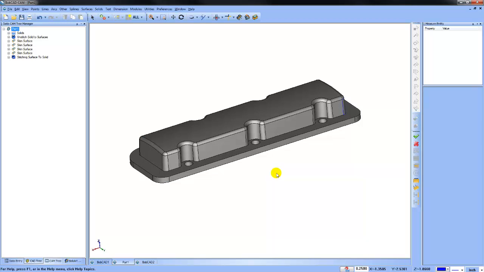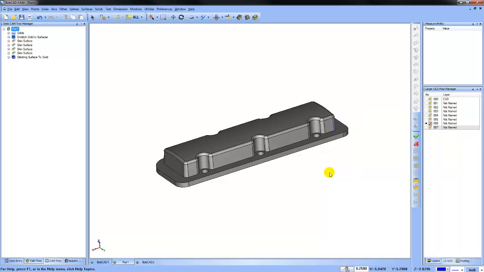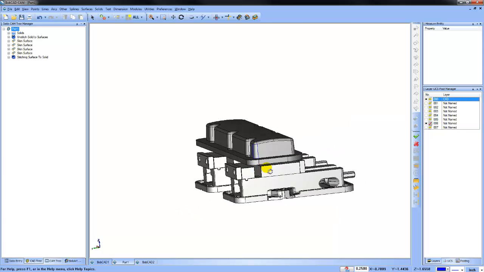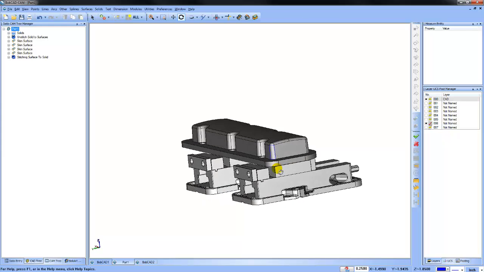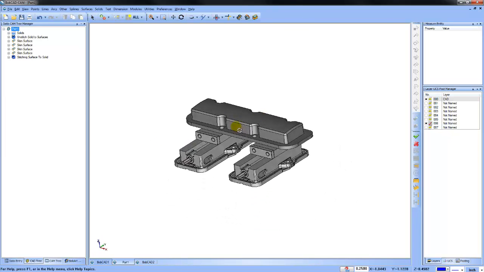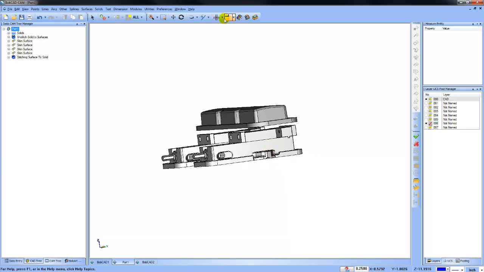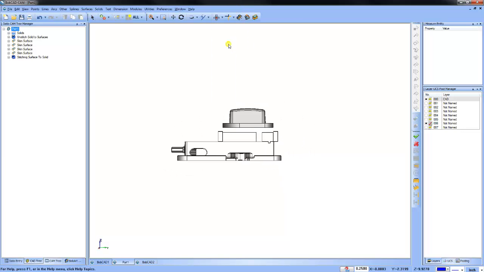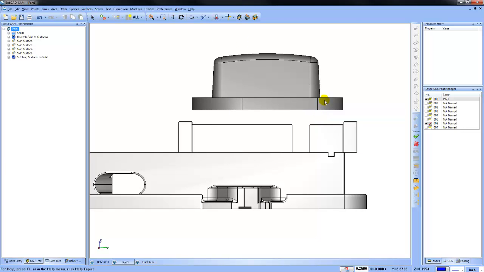Now what this will do is merge those models into this part file. Once they're done opening up, I believe they're going to be on the CAD layer. So if we make the CAD layer visible, we can see the work holding is now added to our part file. Okay. So if I go to a right view here, you can see